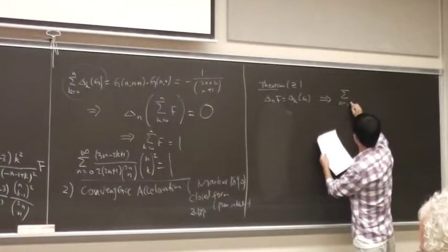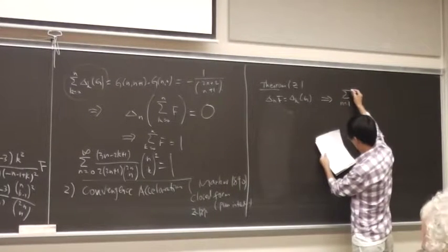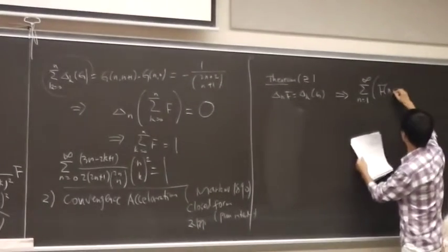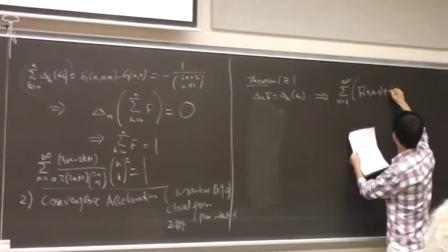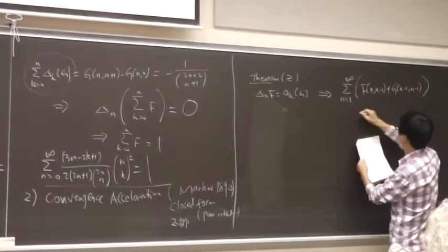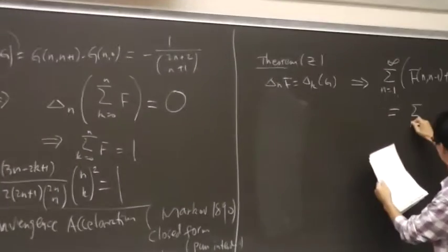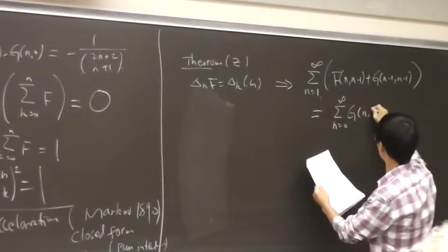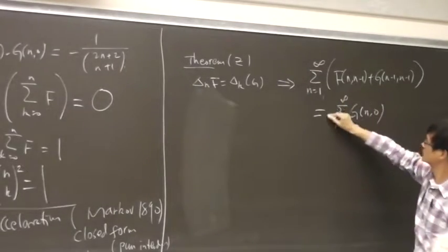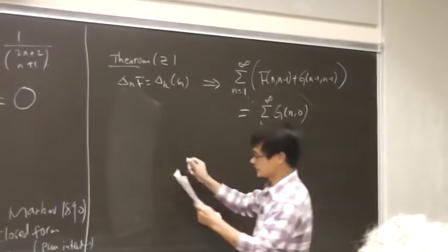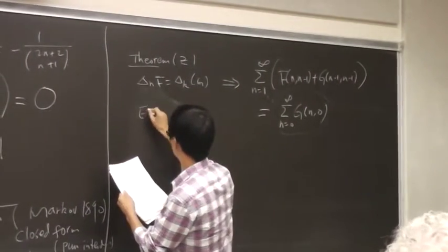The sum from n equal to 1 to infinity of f(n-1) plus t(n-1, n-1) is equal to, and this is the nice part, the sum over n equal to 0 of t(n, 0). Notice that this is a constant, no longer a sequence, right? This is a constant. Then, if you take a pair, for example,